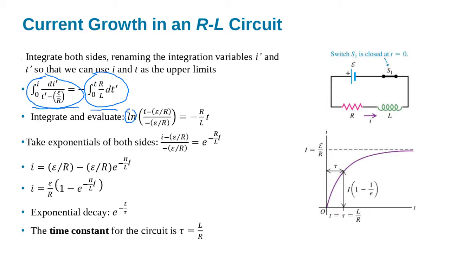So we've got the natural log of I minus epsilon over R. And then when we evaluate this between I and 0, we're going to have the natural log of I minus epsilon over R minus,